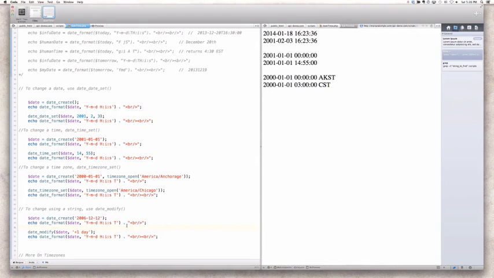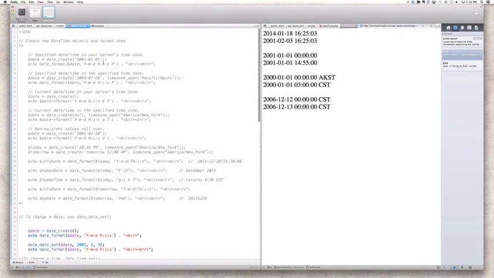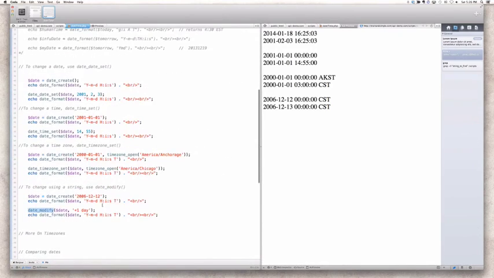So now if I hit save, so see what I did here. Because date modify uses all those same kind of string things as date create. Anything that is supported in date create will also work in date modify. So all I've done is I've said plus 1 day, but I could say